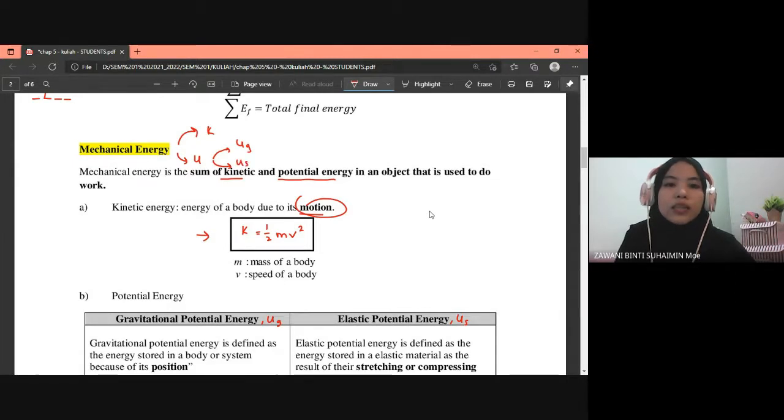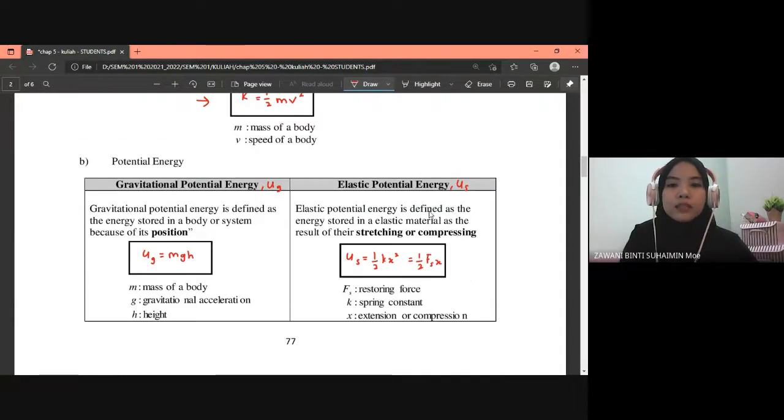Okay, U subscript G ni adalah gravitational potential energy, dan U subscript S adalah elastic potential energy. Sebenarnya kedua-dua ni adalah the energy posed in an object due to the location ataupun position of an object. Okay, so kita tengok gravitational potential energy is defined as the energy stored in a body or system